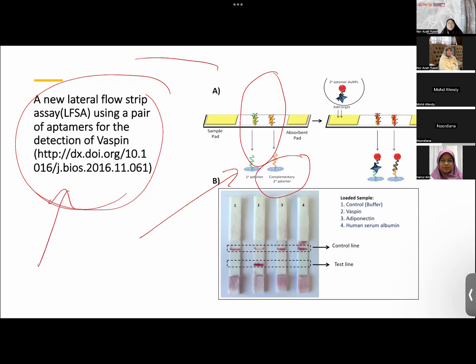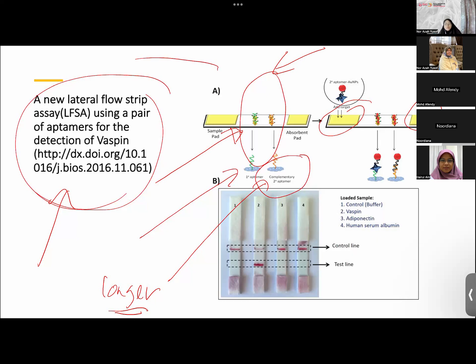If you have time, refer to this paper. I can see that this one is longer, and for some reason, I don't know. I assume that because the control line has to work, has to capture, just like antibody-based lateral flow, where we put a common antibody set for the control line, as long as it can capture, to make sure that the lateral flow works. But for the test line, of course, you need to have a very specific aptamer to make sure that you capture the right target. As long as the rest are similar,